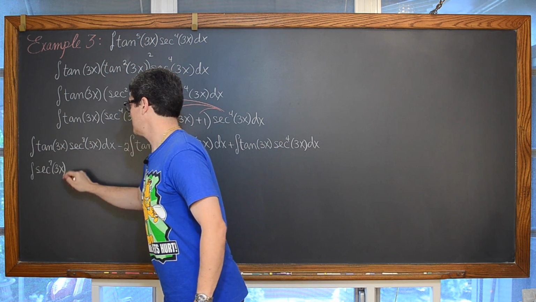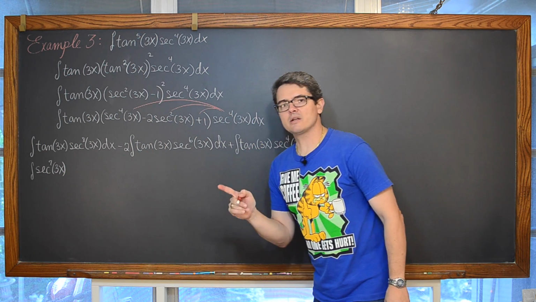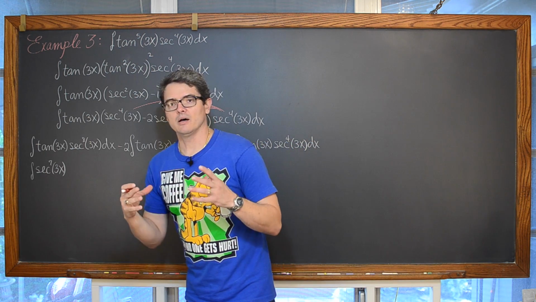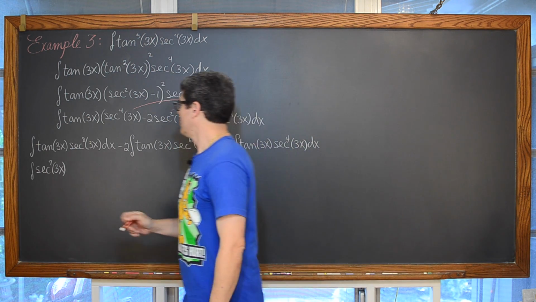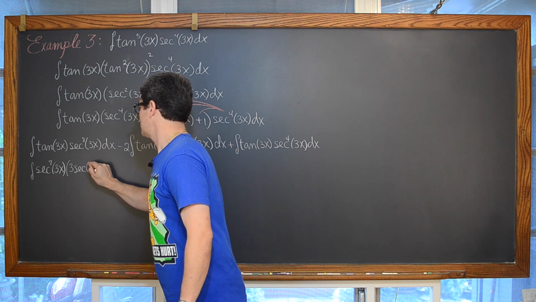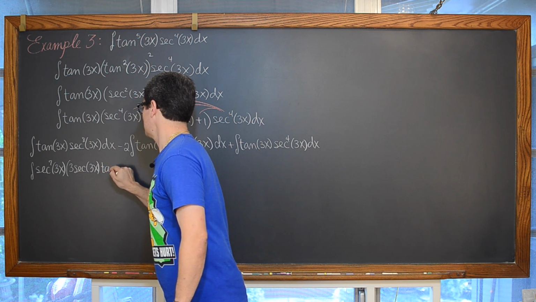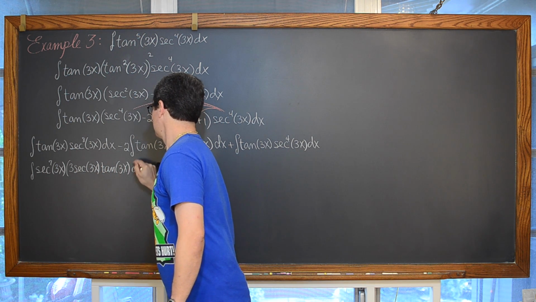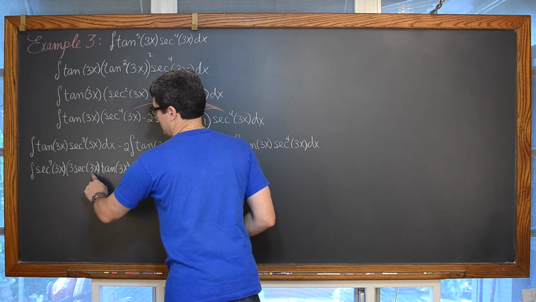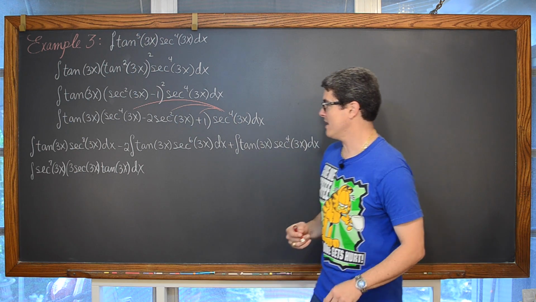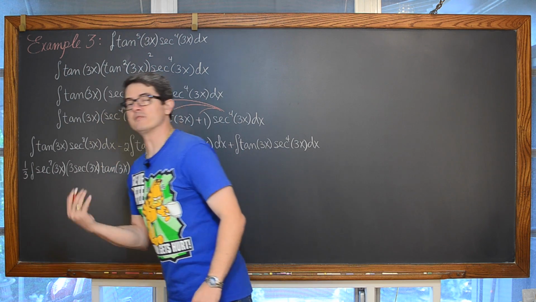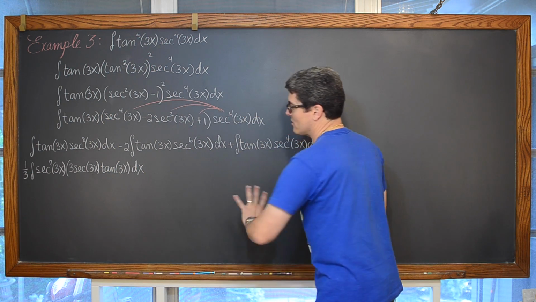Now we're going to have that secant tangent, and inside of our trig function we have a 3x. Well, the derivative of 3x is 3. So for purposes of completing that chain rule, I'm also going to write this as 3 times secant of 3x tangent of 3x dx. And to balance that multiplication of 3 for the derivative of that inside function of 3x, we're going to balance that, of course, with a coefficient of 1/3, or division by 3. And I'm going to do that with each of these three terms and just finish up the problem.